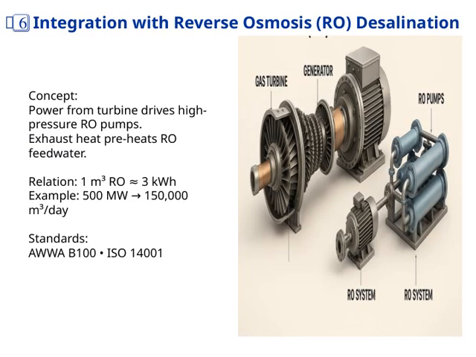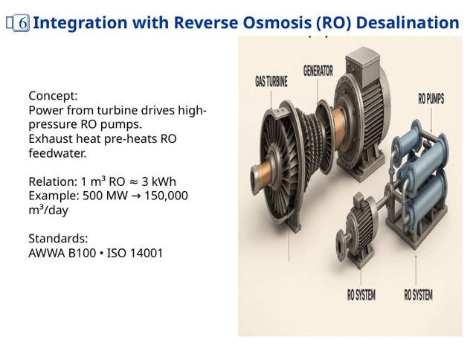Now, let's explore how this system integrates with reverse osmosis desalination. The key idea here is that the power generated by the turbine is used to drive high-pressure RO pumps, which are essential for the desalination process. Additionally, the exhaust heat from the turbine can be used to preheat the RO feedwater, making the process more energy efficient. To give you a sense of scale, roughly 1 cubic meter of RO produced requires about 3 kilowatt-hours of